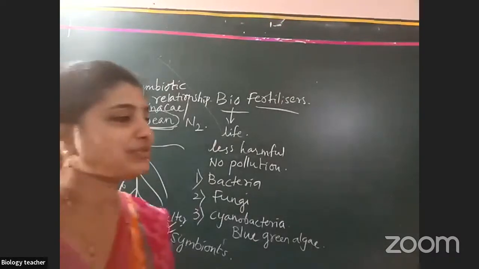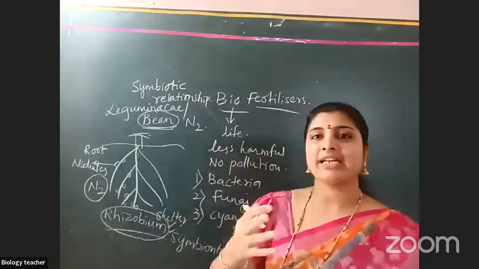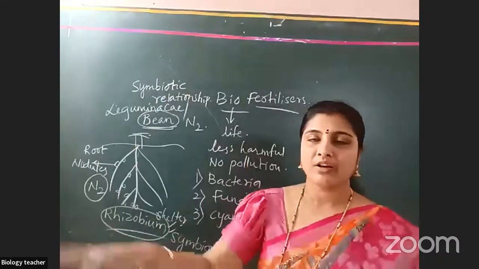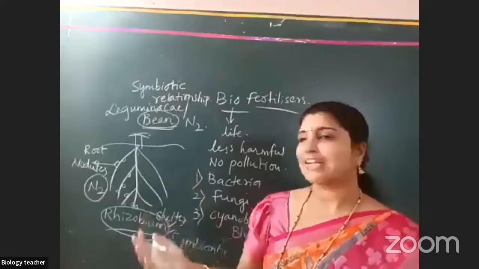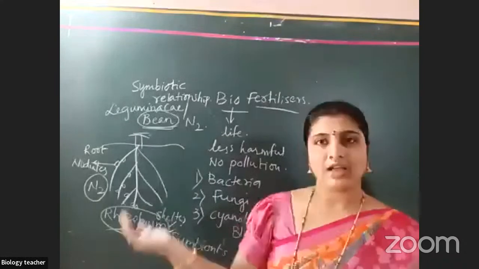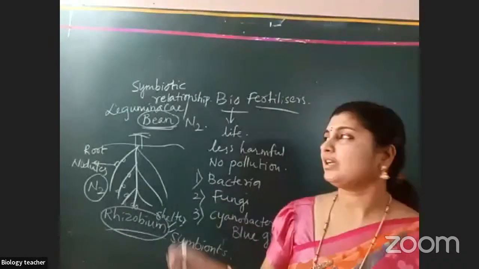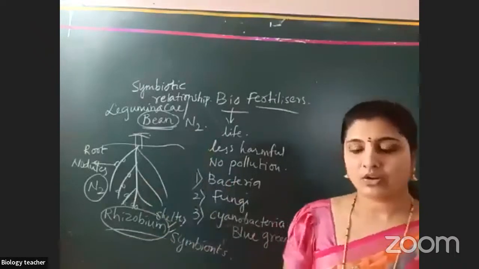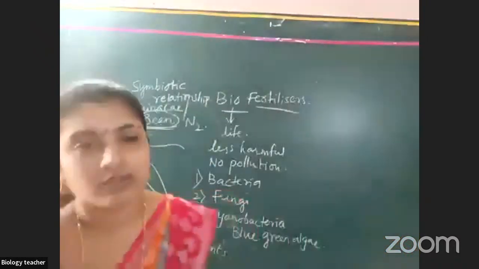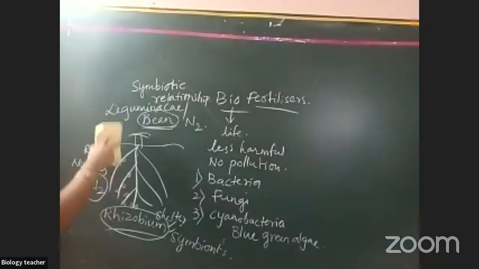So nowadays we are getting rhizobium culture from outside. We can take the rhizobium and mix it in the fields. If naturally occurring rhizobium is not present, we can get rhizobium culture from outside and mix it in the soil where we are keeping these bean plants. Okay, so this is about rhizobium. Now we will see some other bacteria which are used for different types of plants.